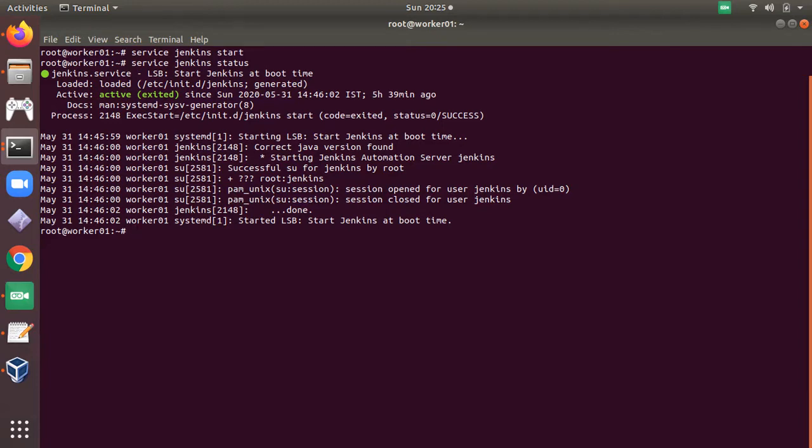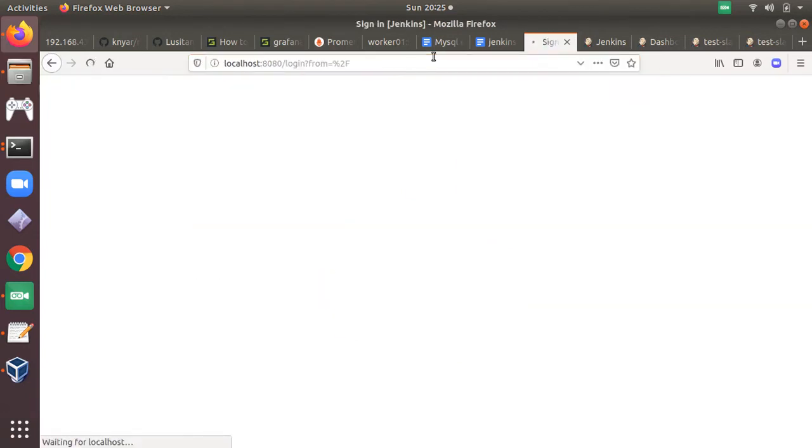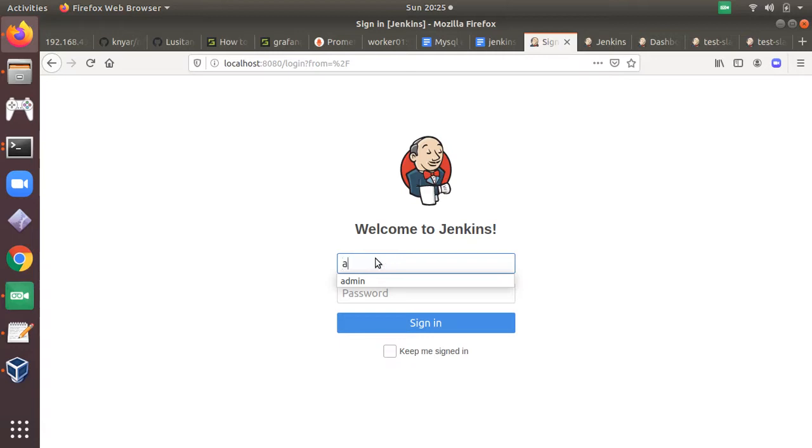To connect the master node to the slave, we will use SSH, and let me first log into my Jenkins. Jenkins service by default runs on port 8080, and my username is admin.